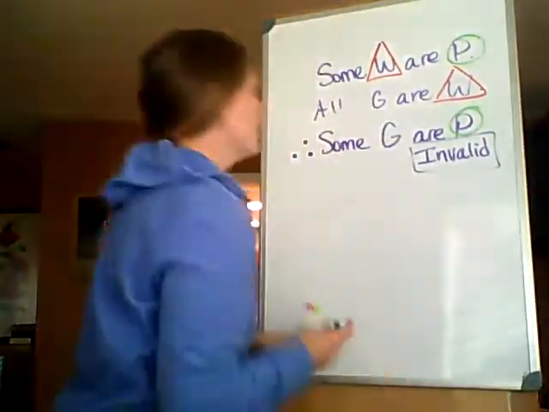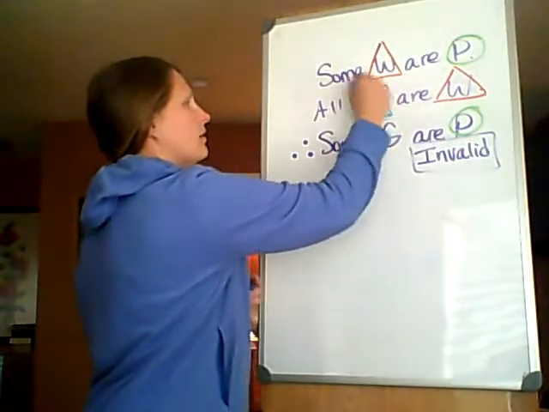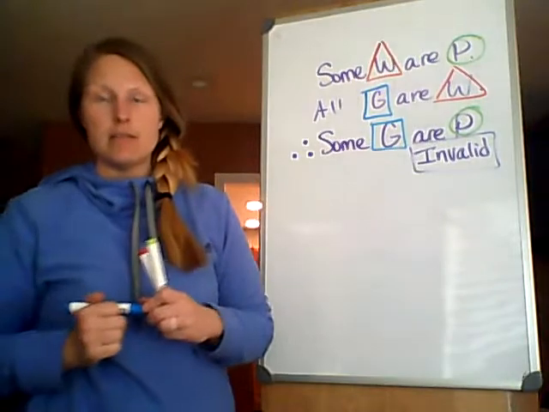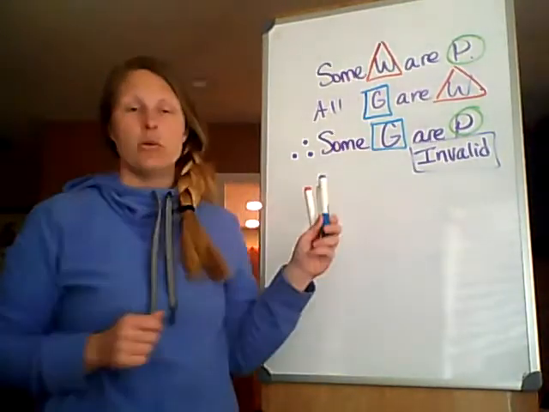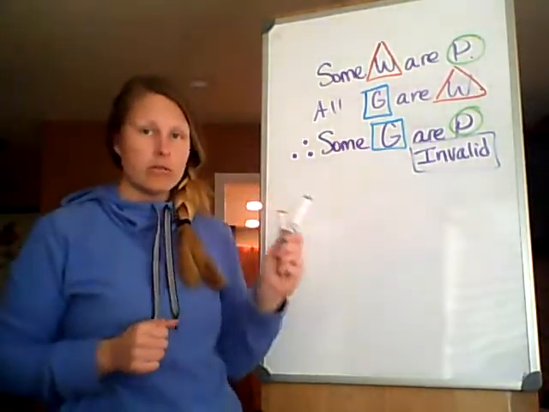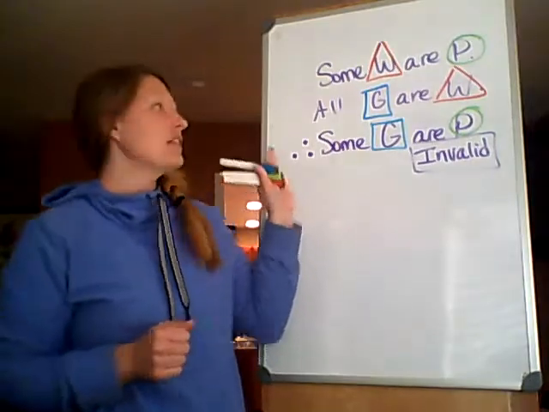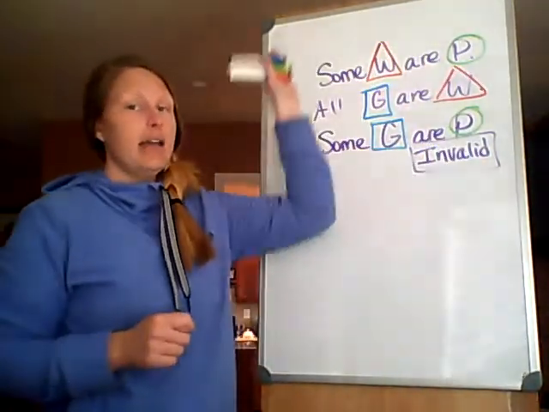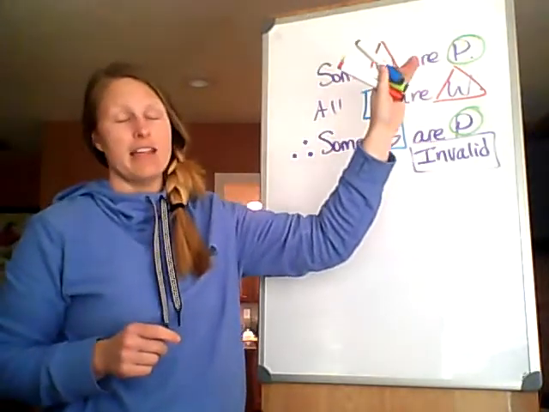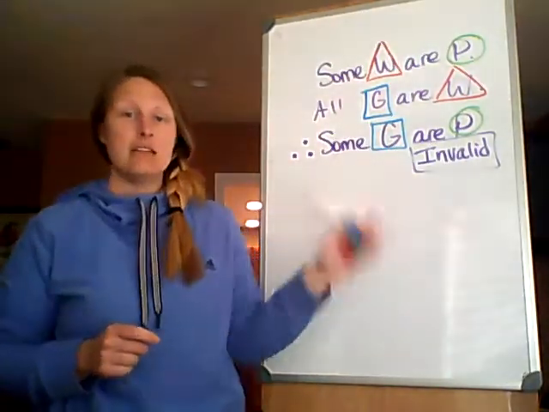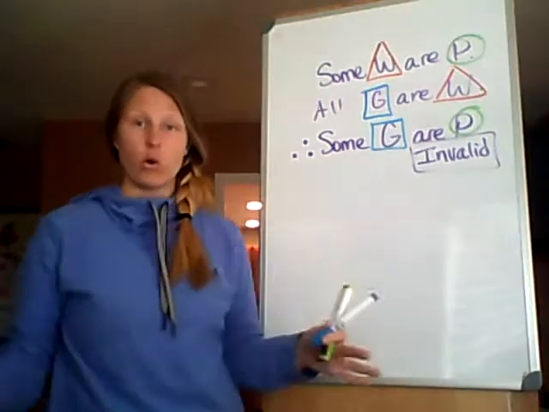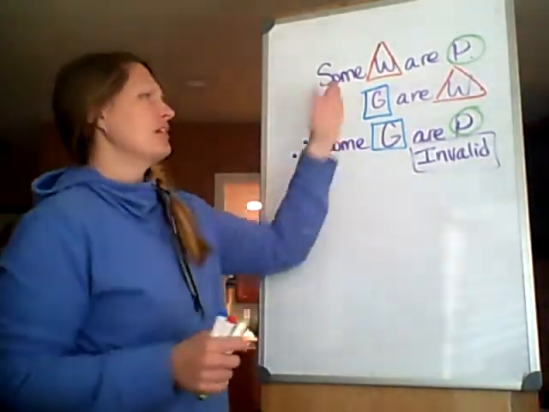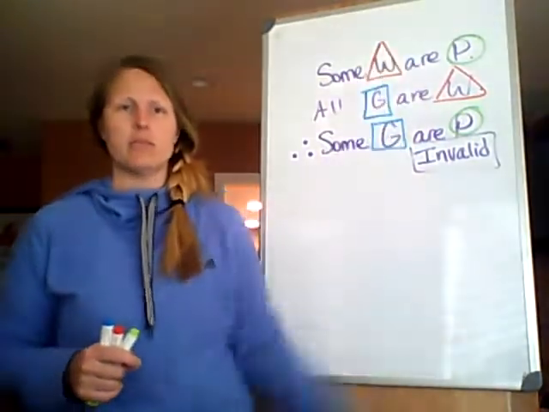And then the grizzly bears is here and here. Now, you might recall from the last time I did this, the example that I gave you with the dogs and the poodles was this exact same form of argument. So you might guess that this is an invalid form of an argument. It doesn't matter what words go there. I actually just remember that it's invalid because I remember where I drew my triangles and my circles and my